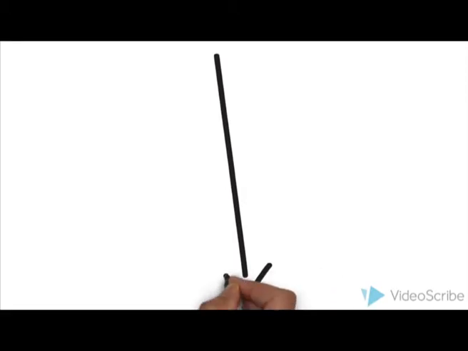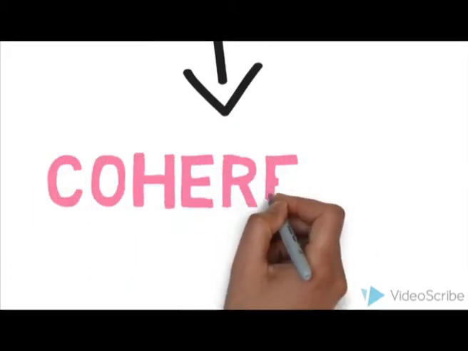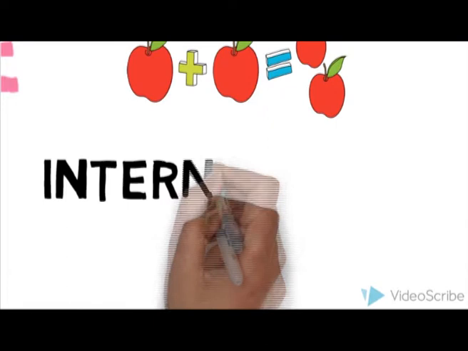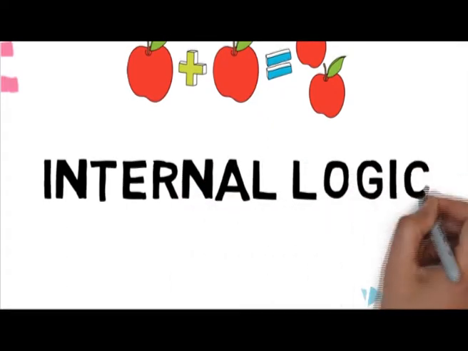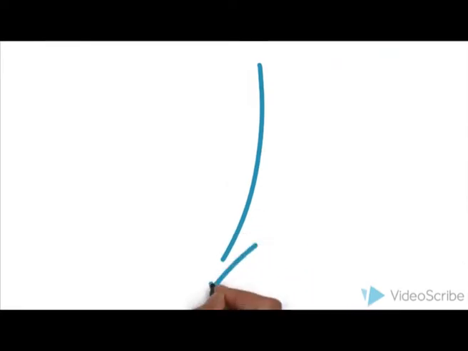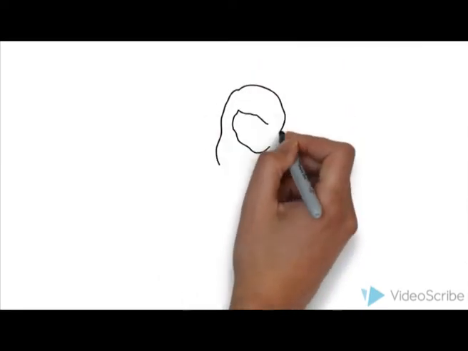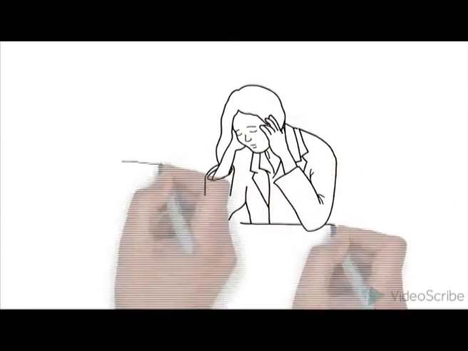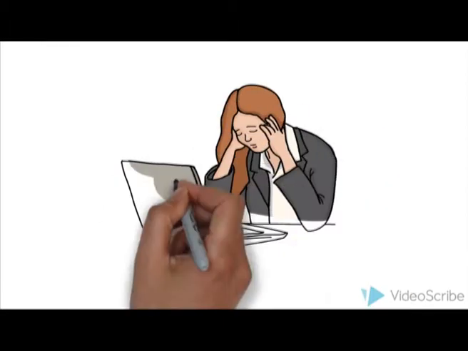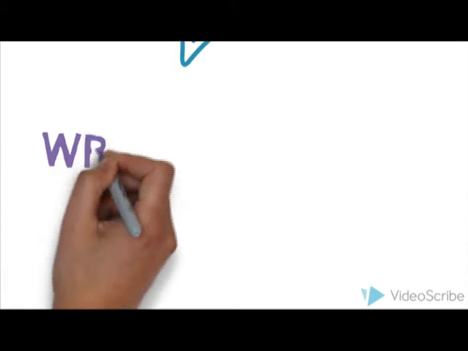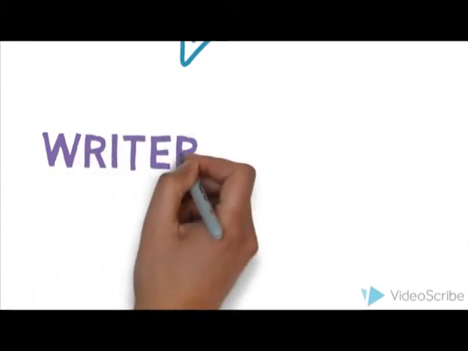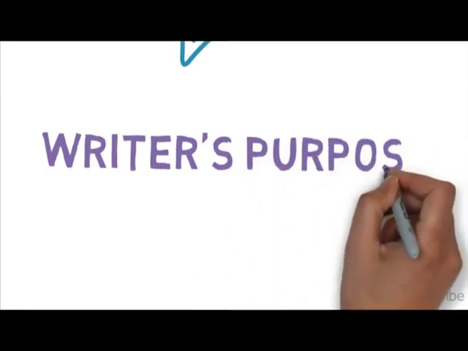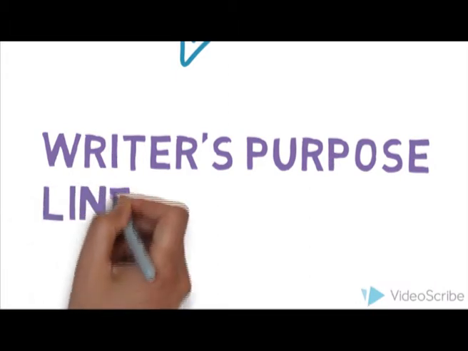So, remember that the second element that is needed for a reading text to be accessible is coherence. So, it is about making sense. The text has an internal logic which the reader can follow with or without the use of prominent cohesive devices. So, the reader can understand two main things. The first one is the writer's purpose. For example, give information, suggest a course of action, make a judgment on a book or a play, or express an opinion. And the second one, the writer's line of thought.